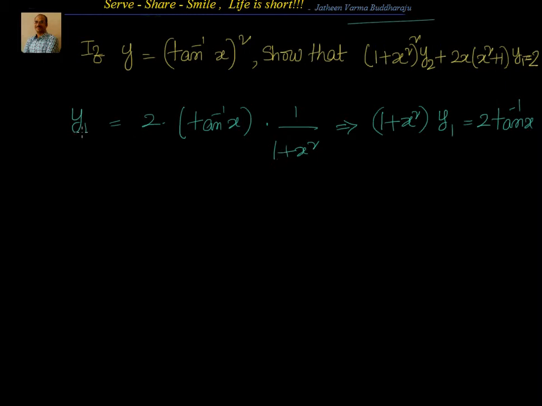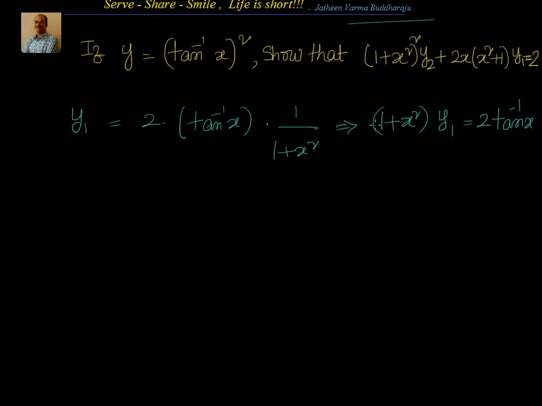take the denominator to the other side, because if I have on the right hand side tan inverse x by 1 plus x square, that becomes a little bit complicated, whereas I have to go for u by v. If I take it to the right hand side, it becomes very easy to solve, because product rule uv is a little bit less complicated than that.